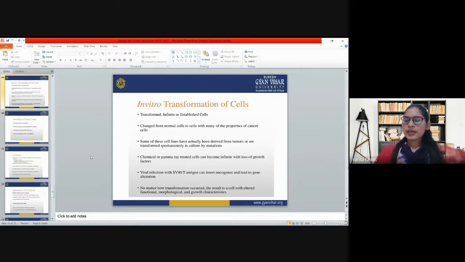When we talk about in vitro transformation of cells, it is the transformation of an established cell, changed from the normal cell to a cell with many of the properties of cancer cells. Some of these cell lines have actually been derived from tumors or have transformed spontaneously in culture by mutations. Chemical or gamma ray treated cells can become immortal with the loss of growth factor dependence. Viral infection with SV40 T antigen can insert oncogenes and lead to gene alterations. No matter how transformation occurs, the result is a cell with altered functional,